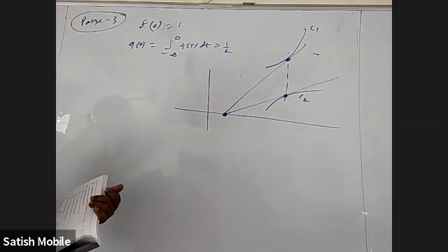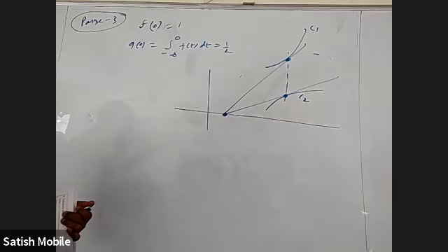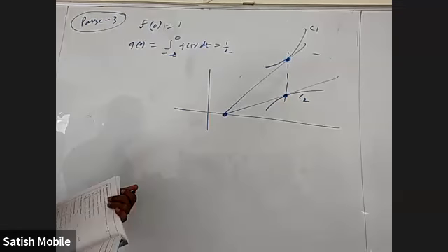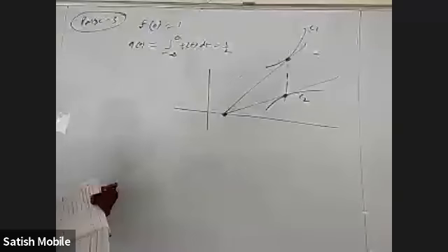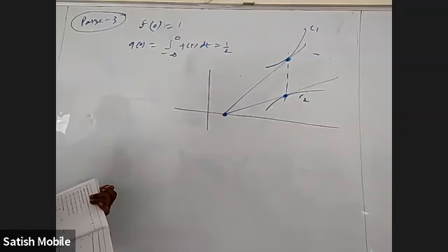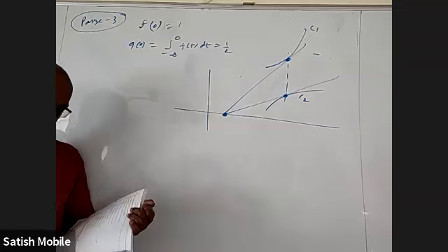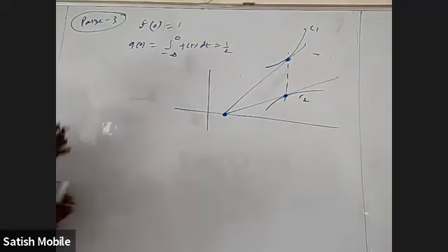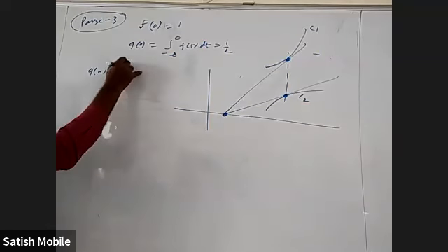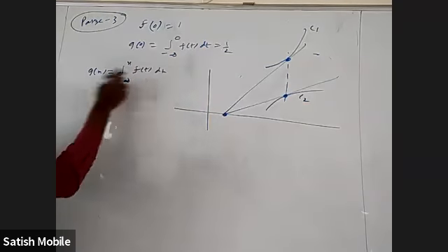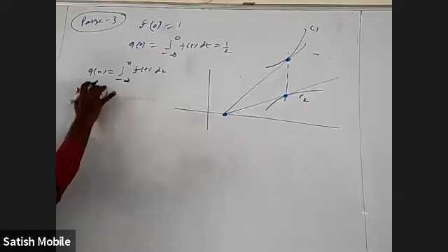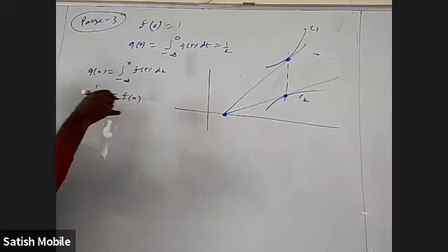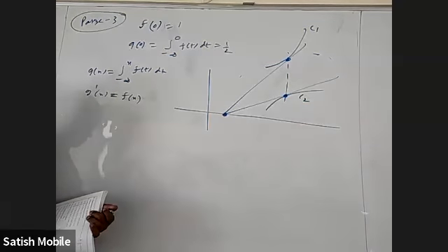Now they want f dash 0, g of 0, and some limit as x tends to 0. Maybe they wanted to know the function itself. Of course, g dash x is f of x itself. Answers 1 and 2 have to be the same first of all. Why? They mentioned in the question g of x is integral from minus infinity to x of f of t dt. If we differentiate, what is g dash x? f of x, right? By the fundamental theorem. When you put x equal to 0, g dash 0 is obviously f of 0. If you know the first question, you know the second question.